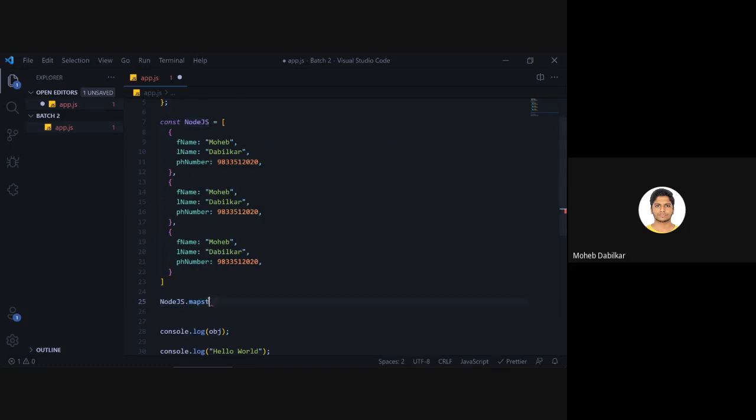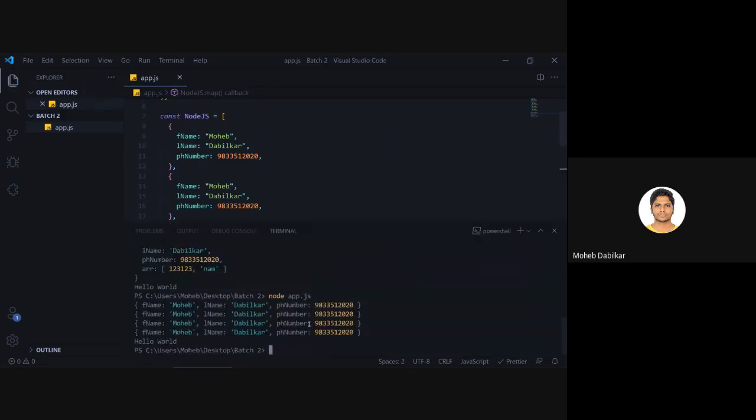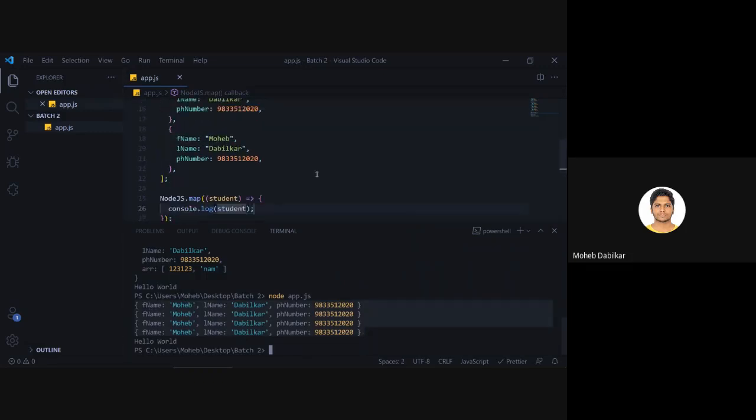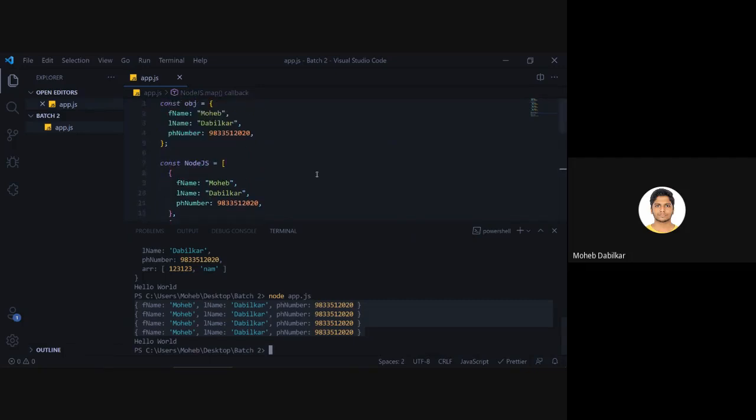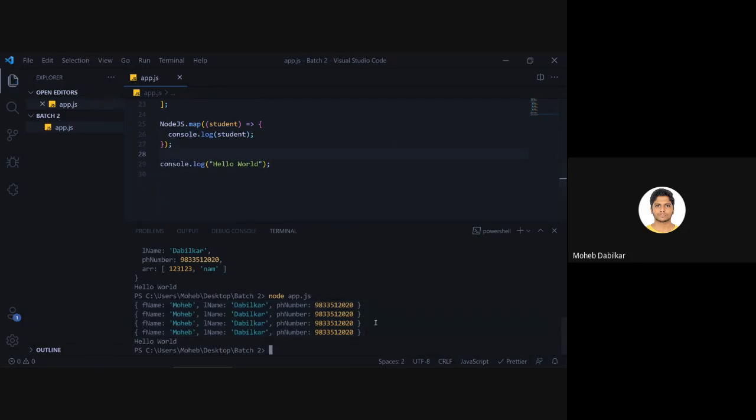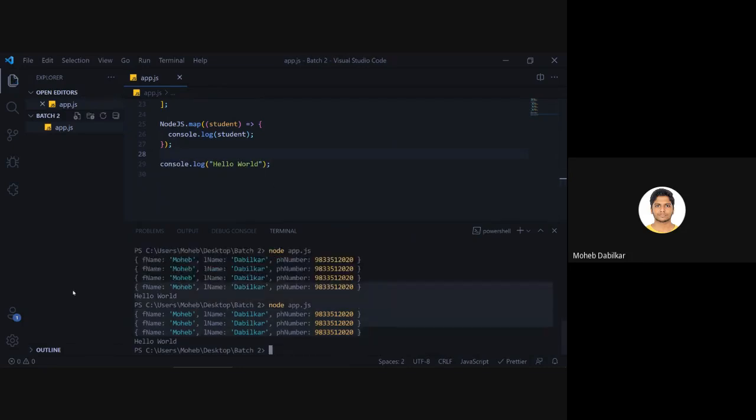So if I say student, and then inside this we will just say console log student. So right now if I run the same, you see it gave us this five many times. Let's say 1 2 3 4, and we have put in that 4 times. Okay, and one more time because of this console log. Now if I try and run it again, it should do it only 3 times.